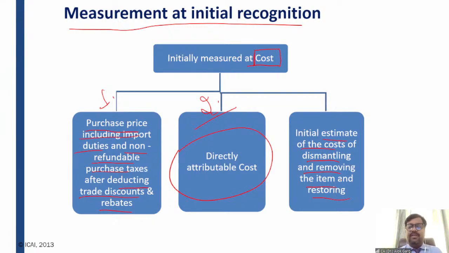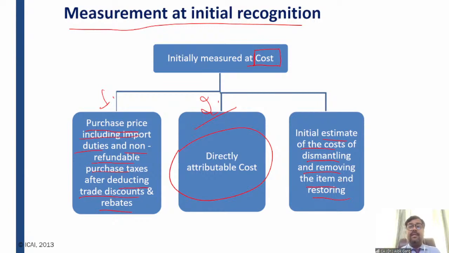So like Reliance Industries has an oil well in the Krishna Godavari basin, right? And they got this oil well from the government of India for let's say 30 years. And there is a contract with the government of India that whenever they will leave this place, they have to restore the seabed in the same condition in which it was given by the government to them.